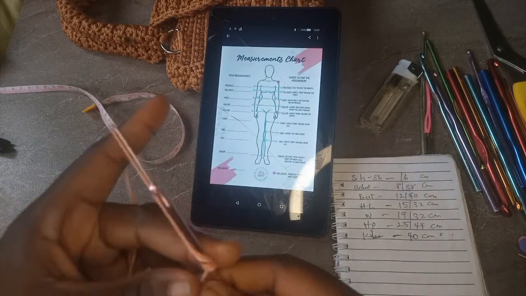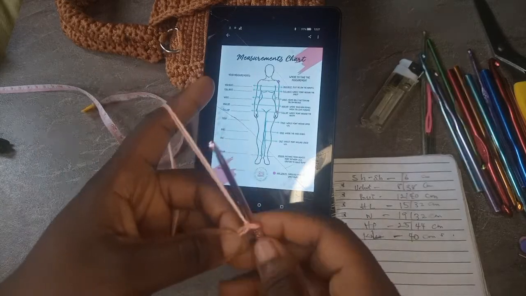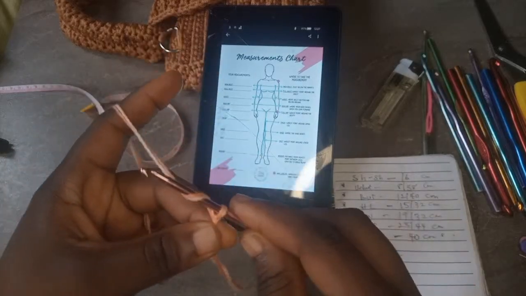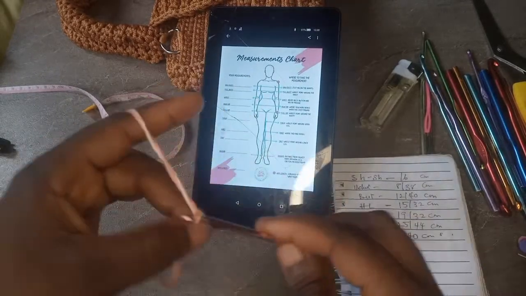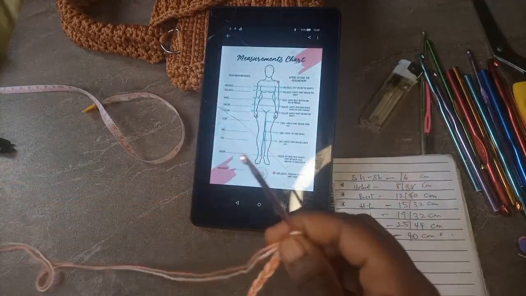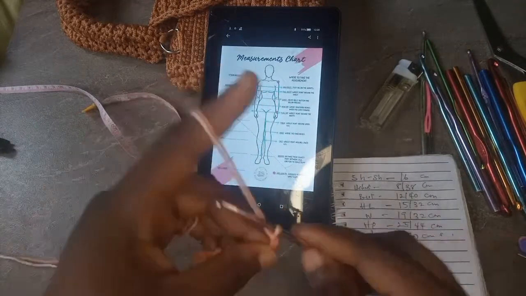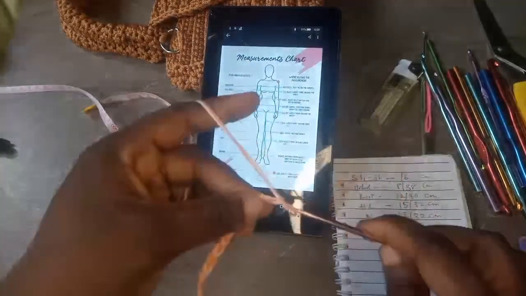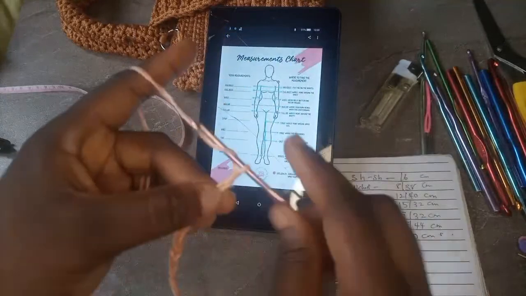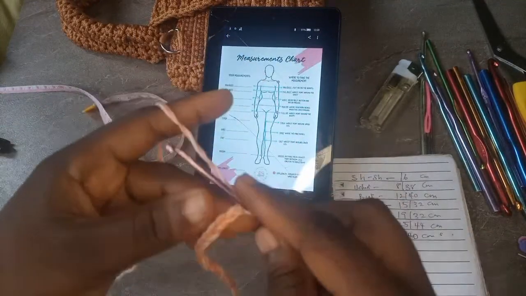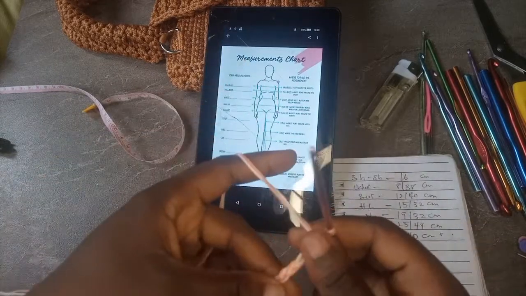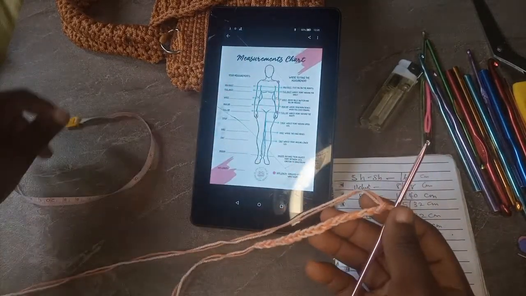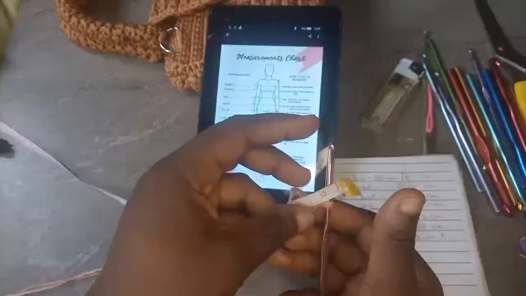So we're going to start with our slip knot, then we chain 1, 2, 3, 4, 5, 6, 7, 8, 9, 10, 11, 12, 13, 14, 15, 16, 17, 18, 19, 20. So let's check 20 and see if it is enough.